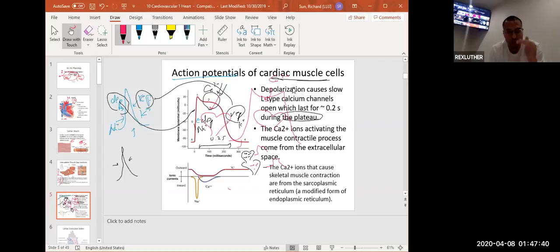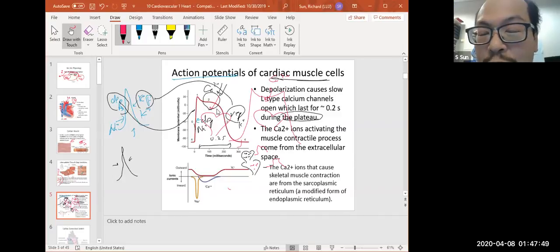Right. So both are contracting. The atrium and the ventricles are both squeezing during the plateau. Is that what you mean, or the atrium? Just the atrium only. So the action potential, when the action potential travels in the